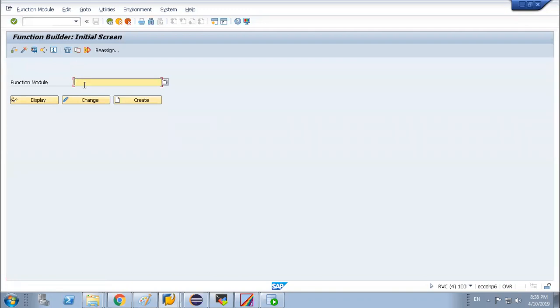Yeah, this is the function module area. One function module is identity underscore create. If you see this function module, sorry, the spelling, IDEN. No, click on Insert on your keyboard. Yeah, yes.